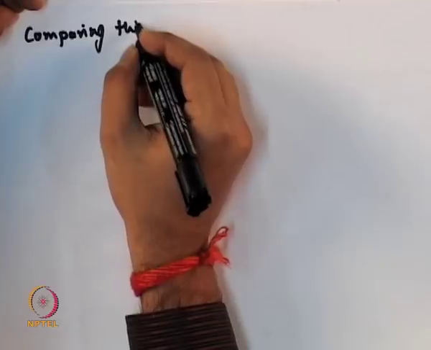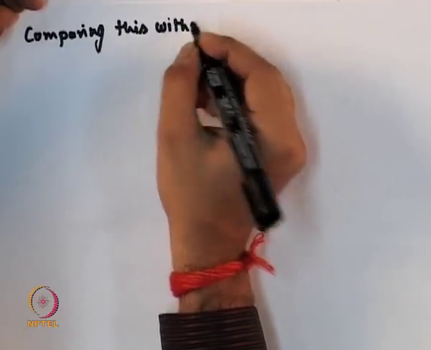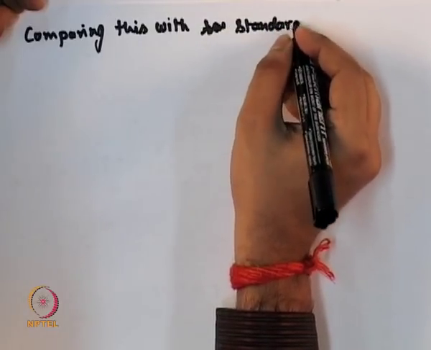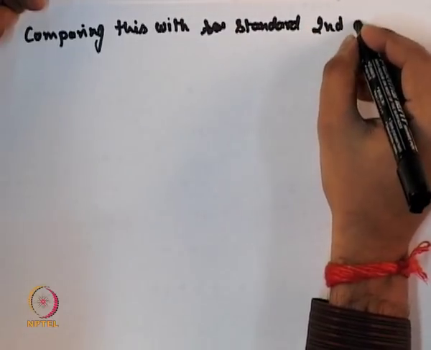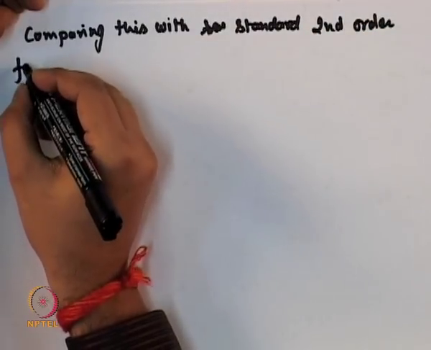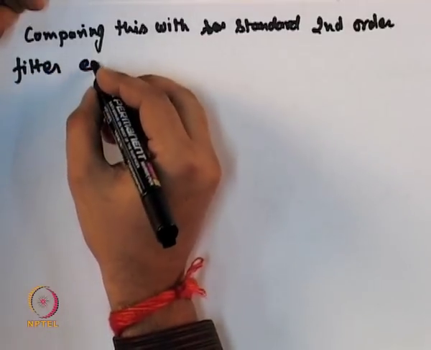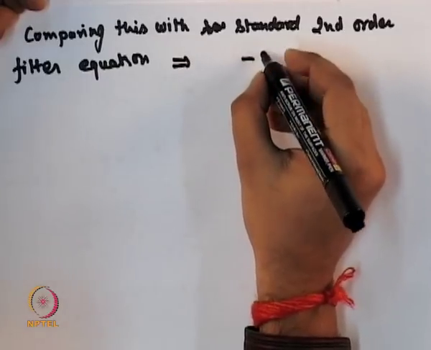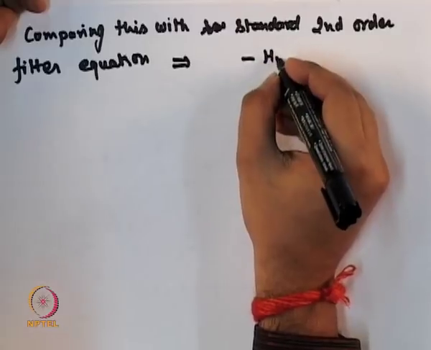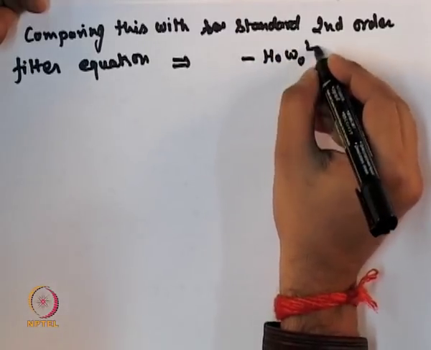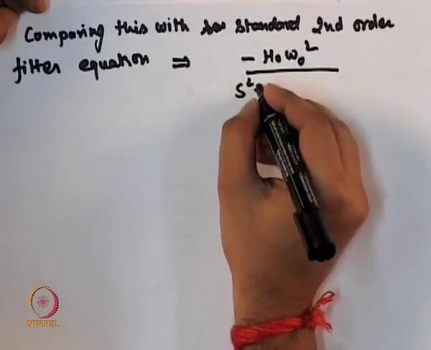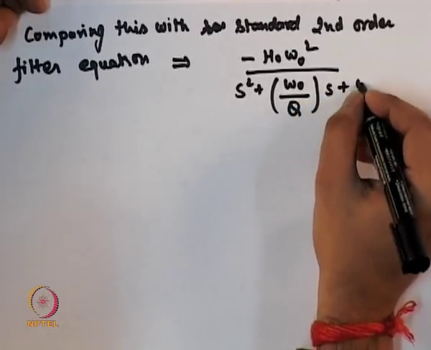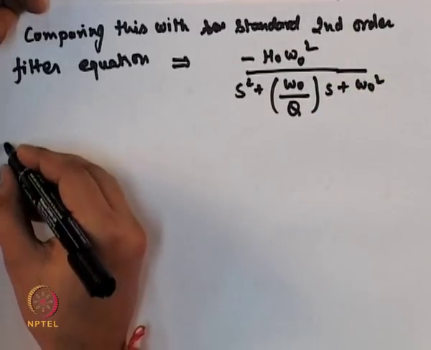Comparing this with the standard second order filter equation, that is minus H naught omega naught square upon s square plus (omega naught upon Q) s plus omega naught square, we find out